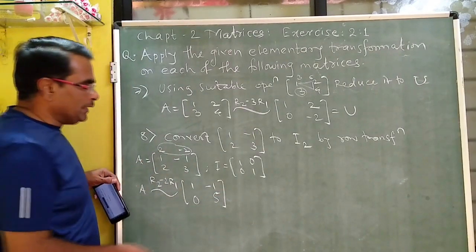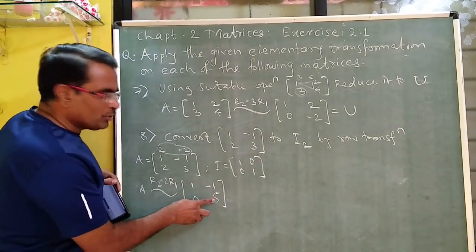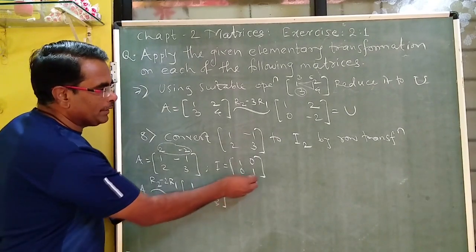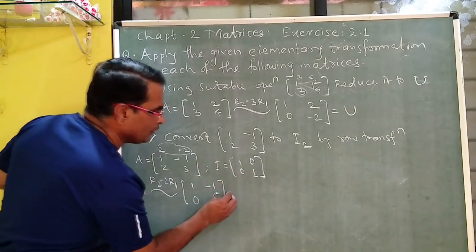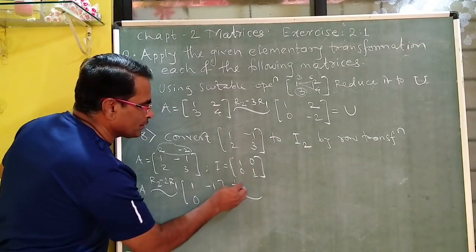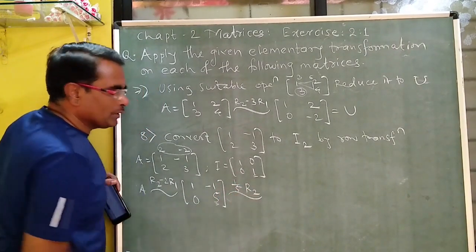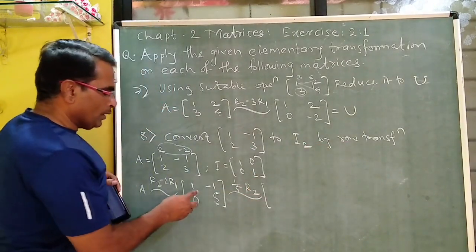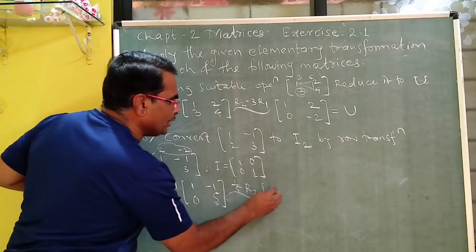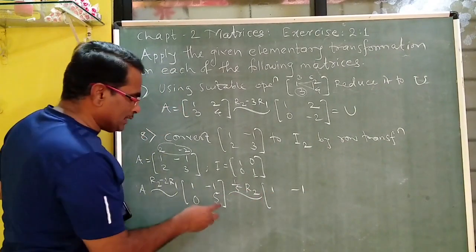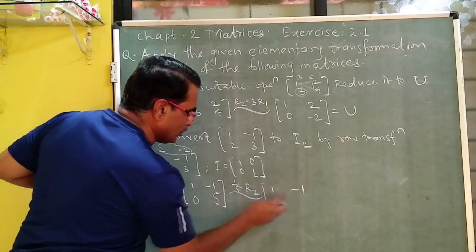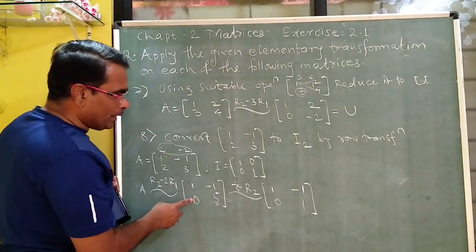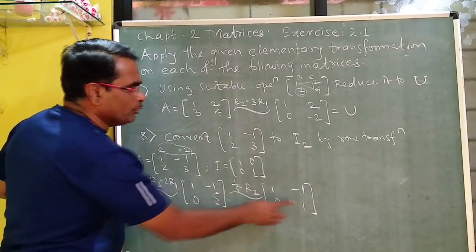plus. Then, on this, now we have to use suitable operations so that this becomes 1. Because here we are expecting 1 in identity matrix. So, to make this 1, on the same matrix, we are going to use the transformation 1 by 5 times R2. Because we have to use only row transformations. And therefore, there will be no change in first row, that remains as it is. Here we will consider 0. And what is 5 upon 5? It is 1. Second row, actually 0 by 5, it is 0. And 5 by 5, it is 1.